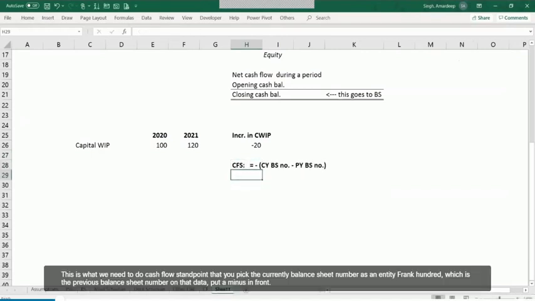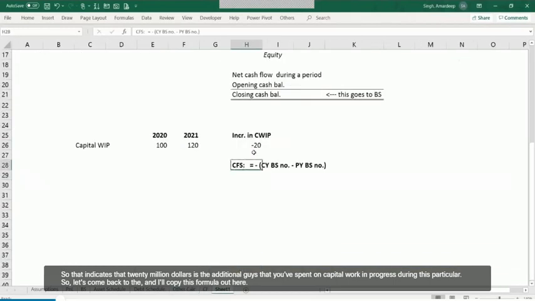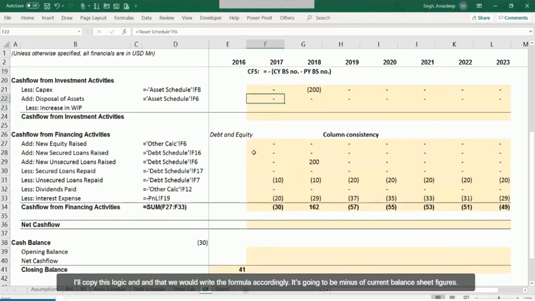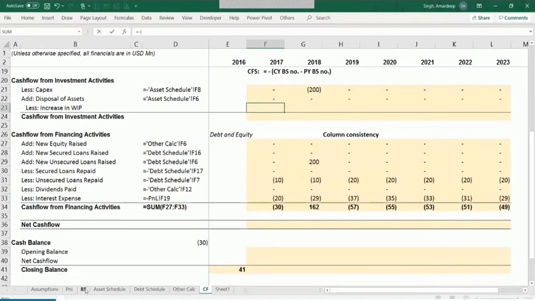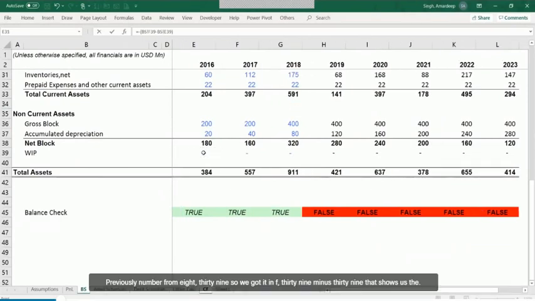You pick the current year balance sheet number as 120, subtract 100, which is the previous year balance sheet number, and that delta, put a minus in front of it. So that indicates that $20 million is the additional cash that we've spent on capital work in progress during this particular year. So let's come back to this, and I'll copy this logic out here, and then we would write a formula accordingly. It's going to be minus of the current year balance sheet figure minus the previous year number from E39. So we've got it in F39 minus E39. That shows us the